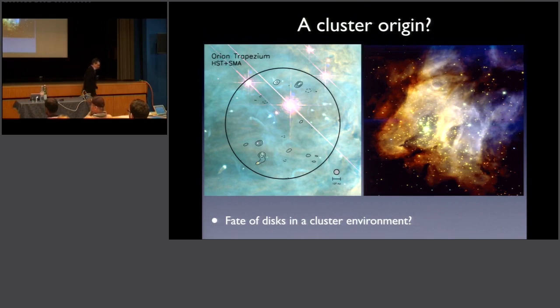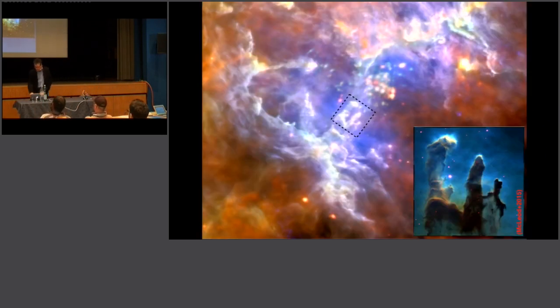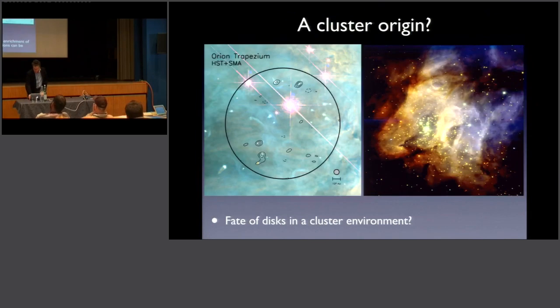Nonetheless, it's possible that the sun formed in a cluster environment, and there is another reason to think this. One other possible reason is that there is some indirect evidence that the